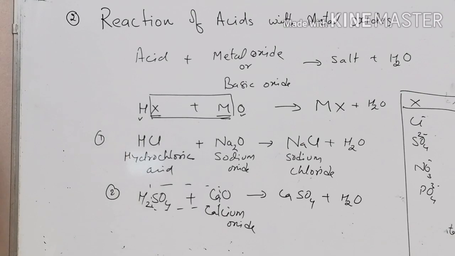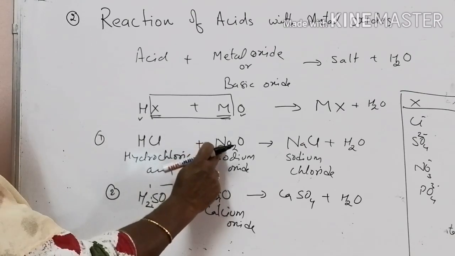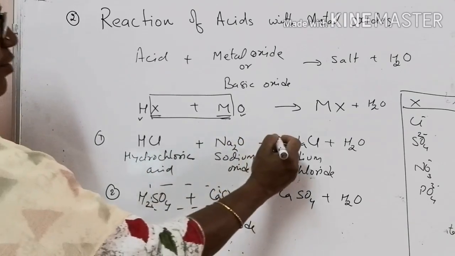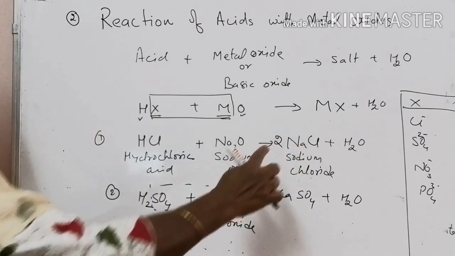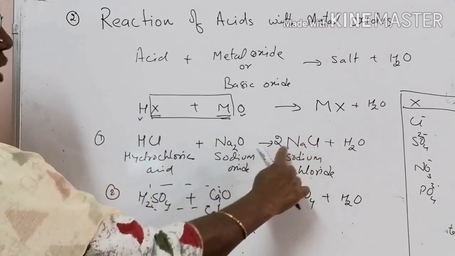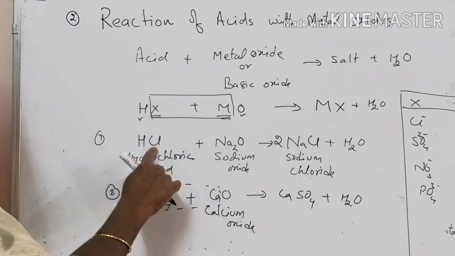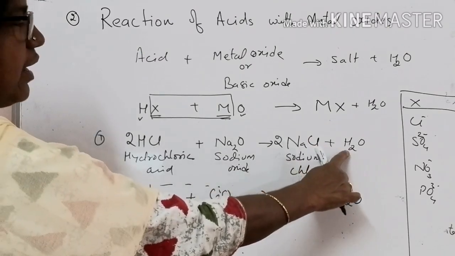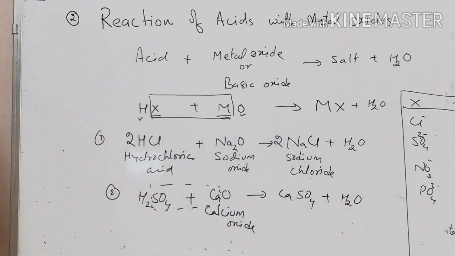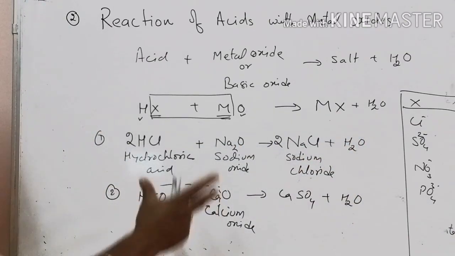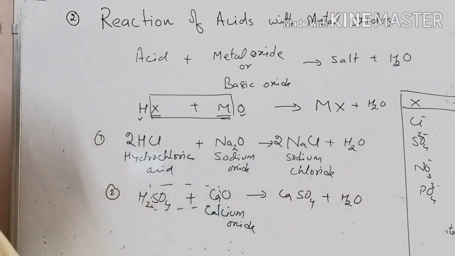Now let us balance the first equation. Here on the reactant side sodium is 2, product only 1. So you can balance this by writing 2 here. Once you write 2 here, sodium is 2, here also 2. Chlorine, here now it is 2, on the reactant side only 1. So you can write down 2 here. At the same time, hydrogen is 2, here as well hydrogen 2. Oxygen here 1, here also 1. All the atoms on the reactant side are exactly equal to the product side, and hence now it is a balanced equation.